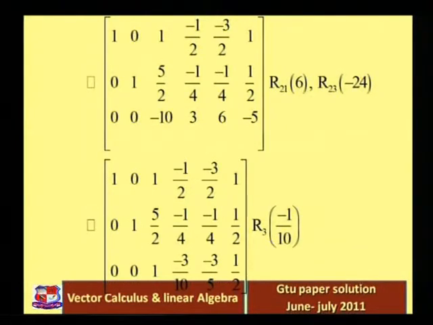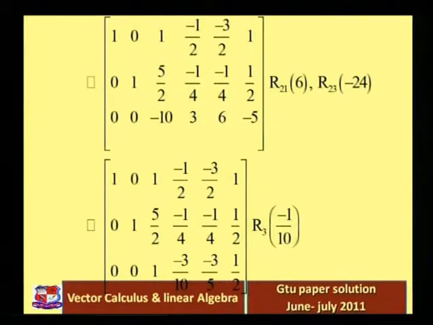So the first and second rows are as they are: 1 0 1 minus 1 by 2 minus 3 by 2 1, 0 1 5 by 2 minus 1 by 4 minus 1 by 4 1 by 2. But now the third row is 0 0 1 minus 3 by 10 minus 3 by 5 and 1 by 2. Okay,